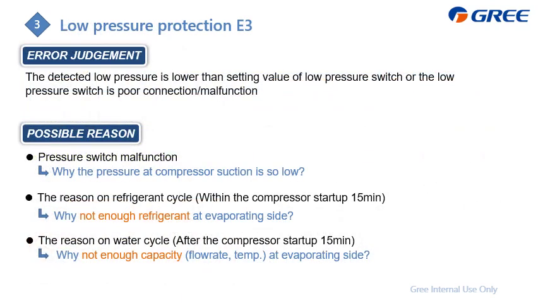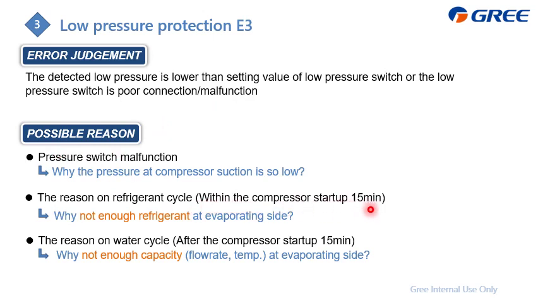Next, we will go to the low pressure protection E3. E3 is similar to E1, but this time it is triggered by the low pressure switch, which means the detected pressure at the low side is lower than the preset value in the switch, or the low pressure switch is poorly connected or malfunctioning. And here are the possible reasons. First of all, check whether the pressure is really that low or not. And then, also similar to E1, within 15 minutes of the compressor starting,